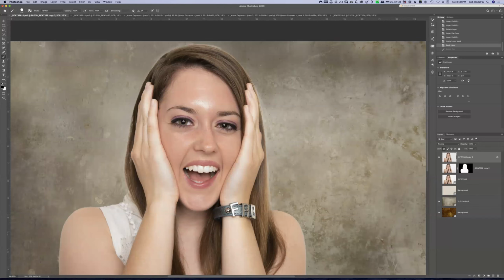The preferred method for me is to use a clone stamp tool. Whoops, I hit the C instead of the S. Clone stamp tool, and change this to darker color. What that means is that whatever I paint on will only paint if it's a darker color than it. So in other words, if I take a sample right here